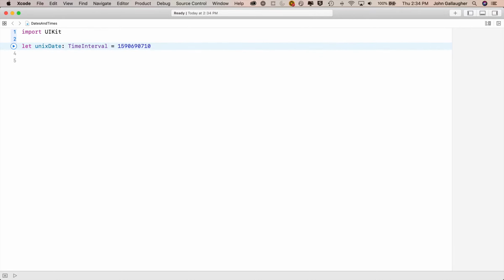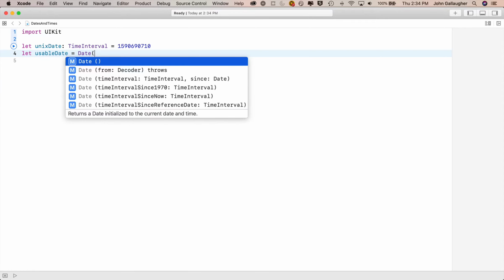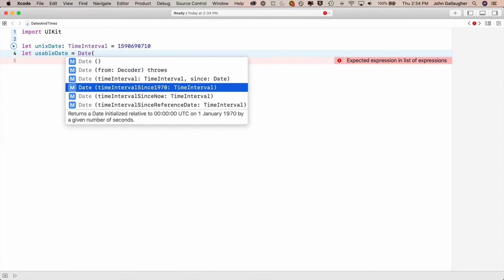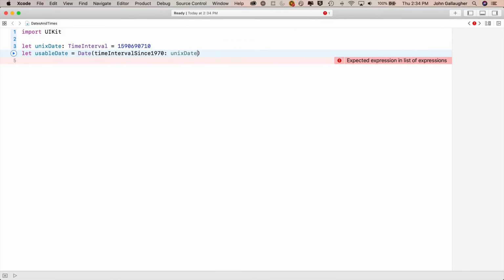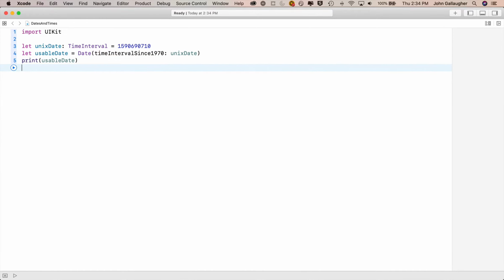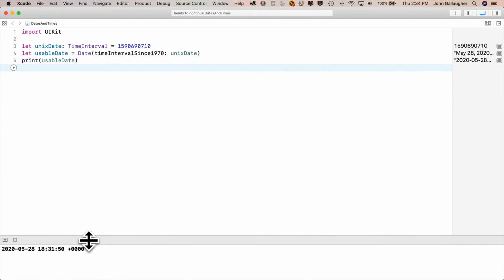Now in the next line, let's convert this to Apple's date format. So we'll create a new constant with let usable date equals capital Date, open parens, and we see there are a bunch of different options for creating a date. Let's select this one here that says time interval since 1970. This is specifically here to convert from Unix, POSIX, epoch time into an Apple date format. Press return on that, and we'll pass in Unix date. Then let's print out the usable date. And our console output is